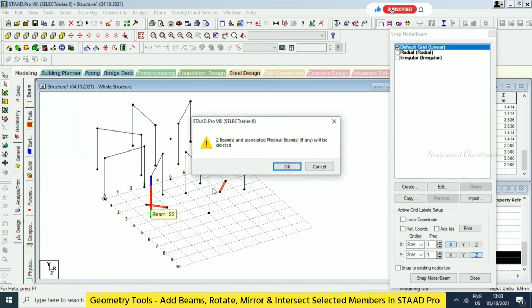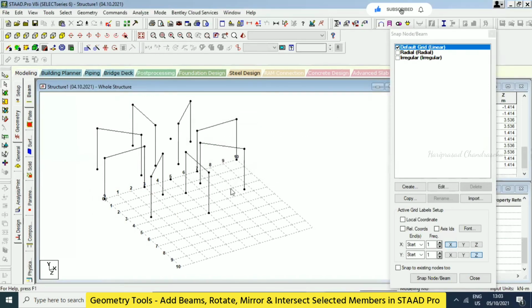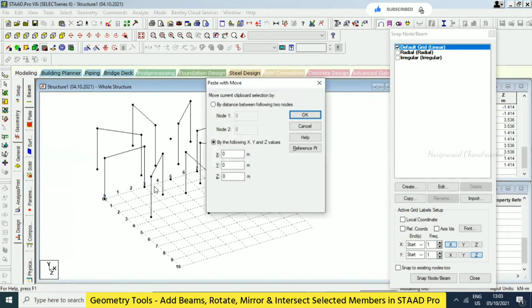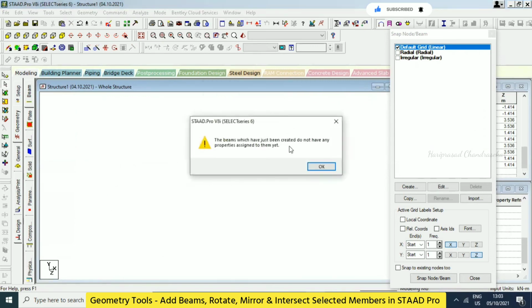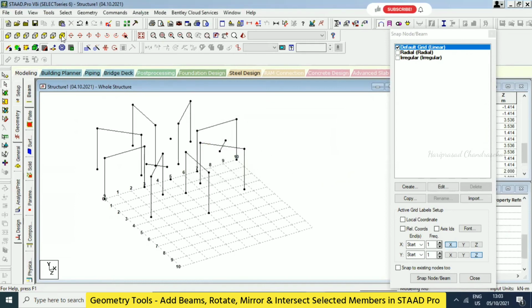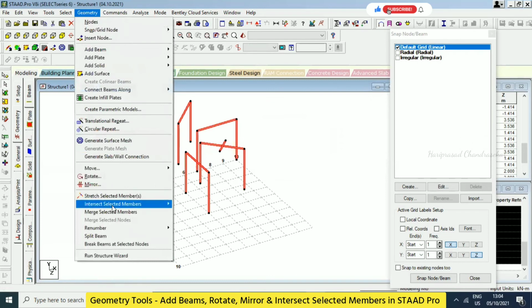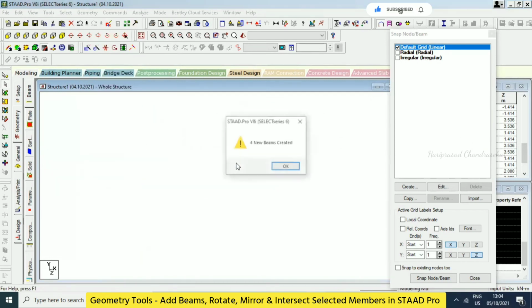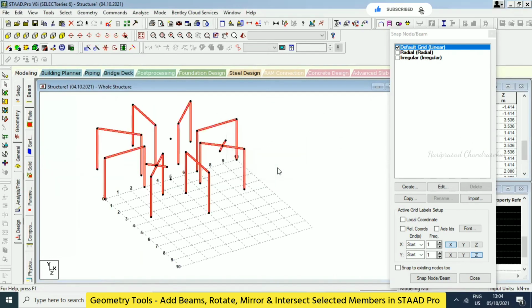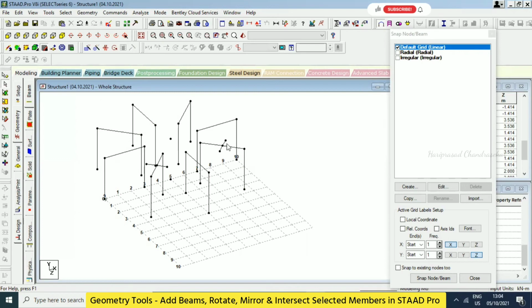Now I can Control X, Control V, and then how much do we put? This is 3, right? 3 in. Okay. Then it will intersect. For example, I'm just selecting everything. We will see the output. See, 4 new beams created, which means it is splitting that intersection automatically. So it will intersect and then it will create nodes in it.